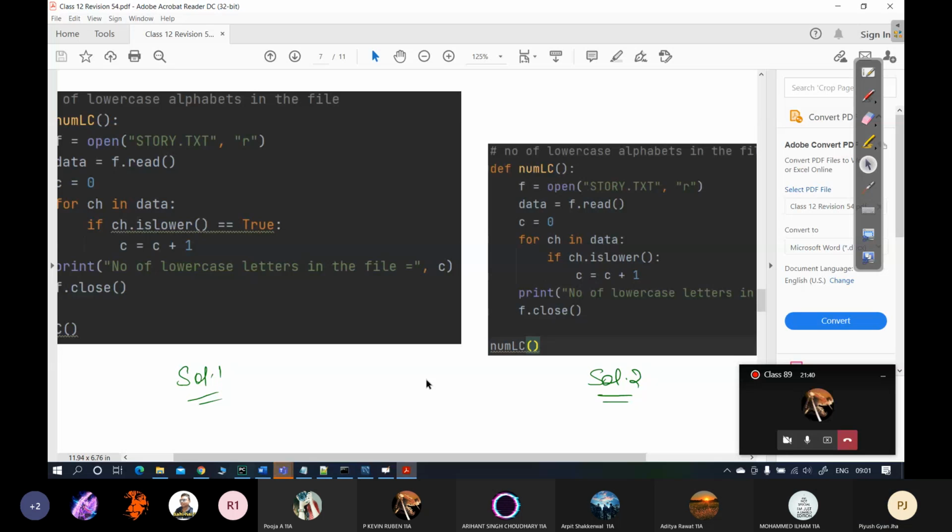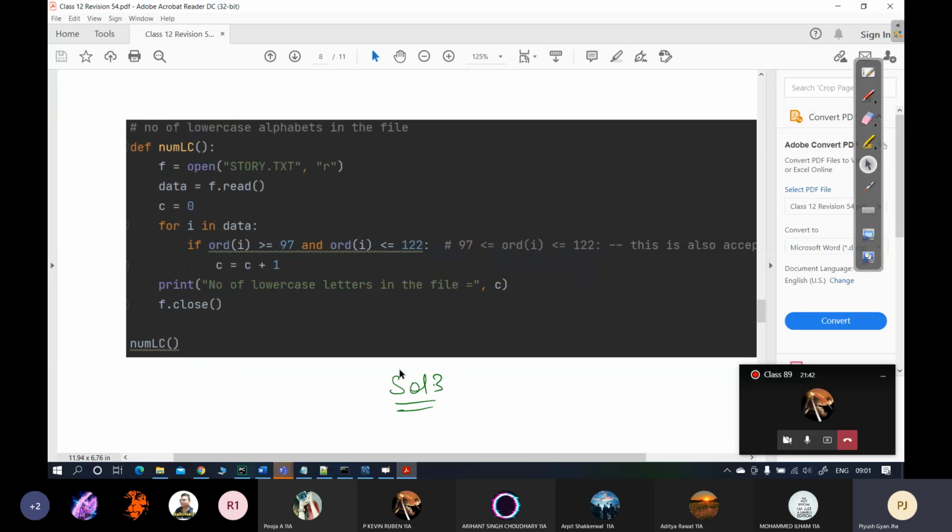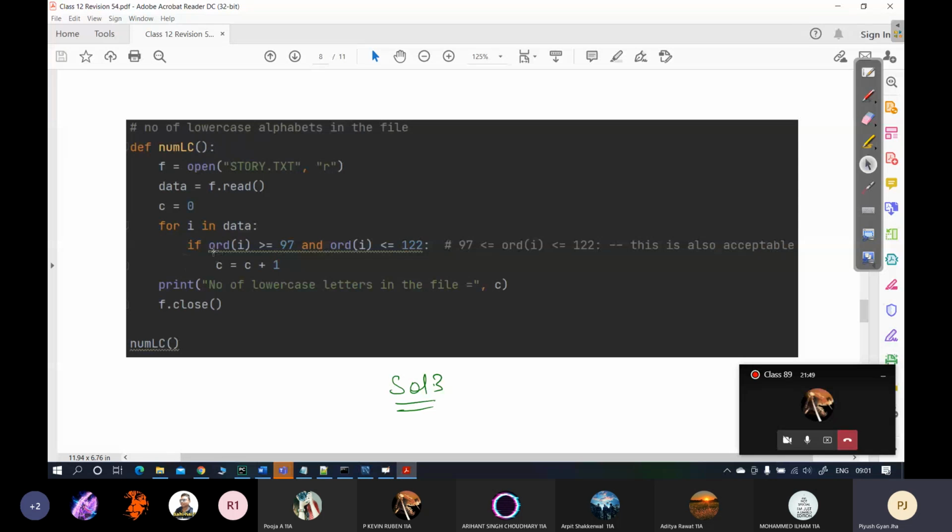Now the next approach is this one. Take one look and tell me whether you understood or not. What have we done in this? I'll just explain: you remember the ORD method, ORD function. What the ORD function does is, for any character, because every time you are writing I or CH here, whatever you take, if you are using it, and if that happens to be